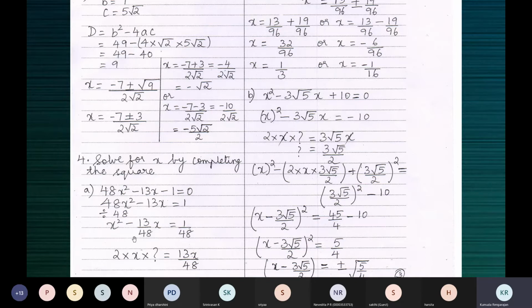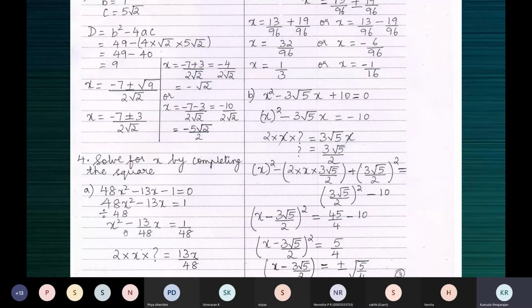Okay. Now the next step is to find out that q square term. What you have to add on both the sides. So how do we find out that? So this step, maybe you don't show it in school, but just to make it very clear, I prefer to show it like this. This need not be a part of the working, but it's not wrong either. Or you can show this step in the rough column. You can just use it for yourself.